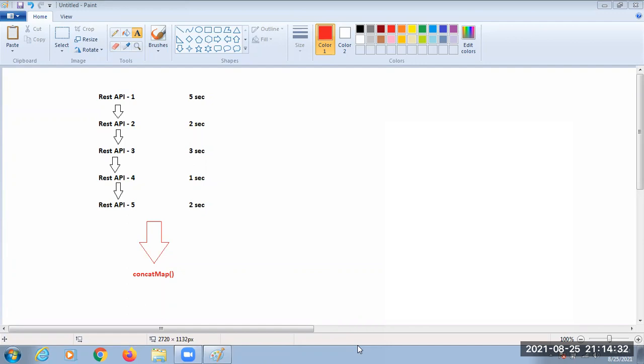Srinivas, just take your mobile phone also. In our mobile phone also, first of all, get the mobile information, like battery charging and the current date and time. After successfully getting that information only, launch the main application. There is a relation there. So that one we can call concat map. Whatever we have, we can call the concat map here. Okay? Fine.